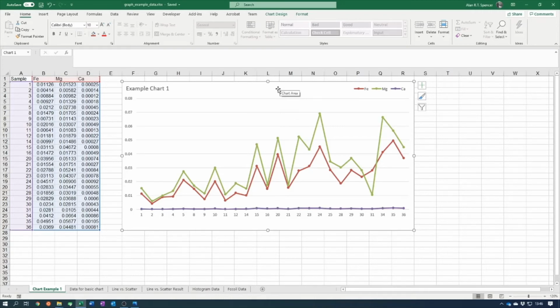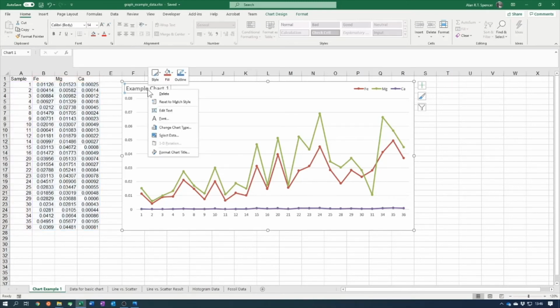Sometimes you'd like to get more options when it comes to formatting than you get just with the simple editing. Well, most of these little editable areas have an extended edit function. And this is on their context menu, so right click on it, and you come down this thing that says Format Chart Title. Now the key bit here is this little format. Each of these editable areas has its own format widget. If you click on that,